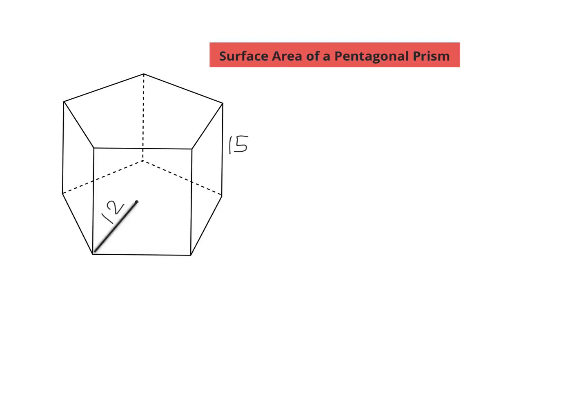Hey guys, I want to give you an example of how we can calculate the surface area of a pentagonal prism. So now we're looking at a prism where the shape of our base isn't going to be as easy as having maybe a rectangle or a triangle or even a circle if we were looking at a cylinder. So whenever we're calculating the surface area of a pentagonal prism or whichever type of polygon we're looking at,